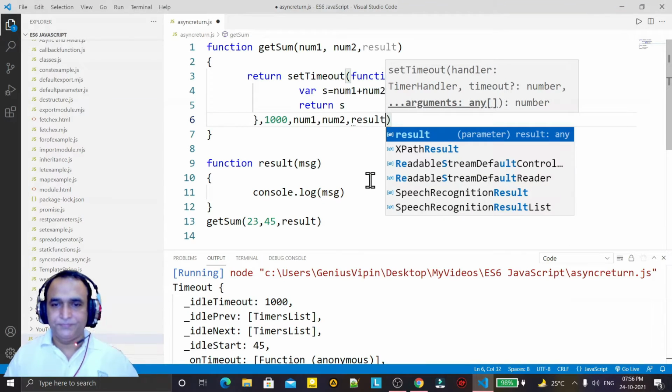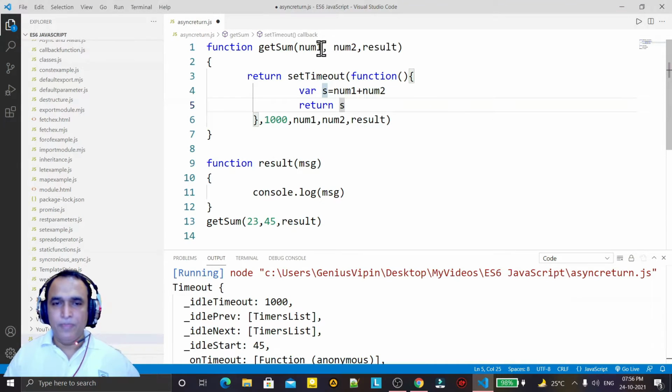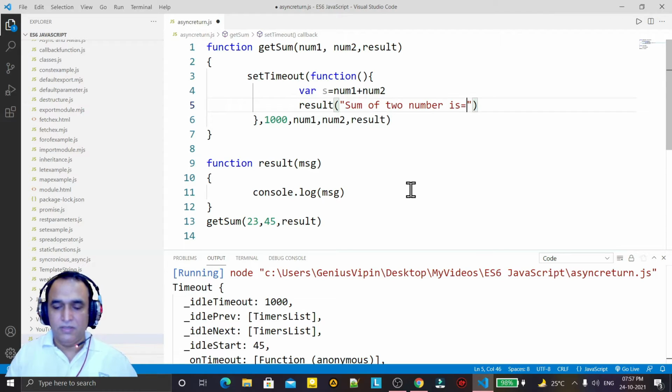Done. So these parameters I am passing here. Now I remove this one, and in place of return I will pass the result, and I say here: sum of two numbers is equal to, plus s.